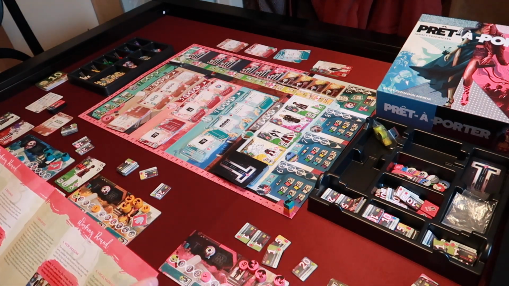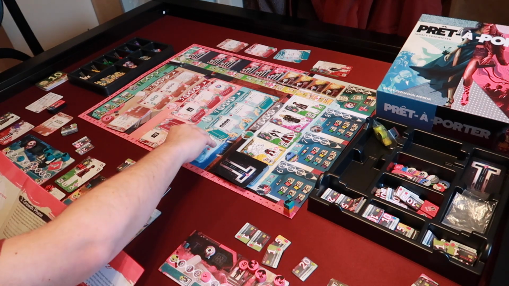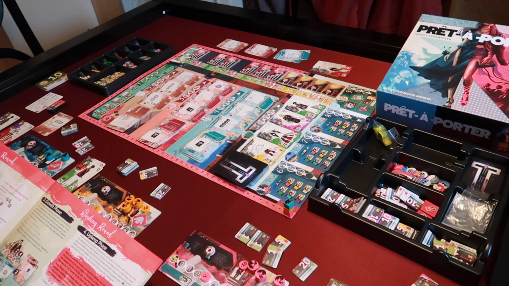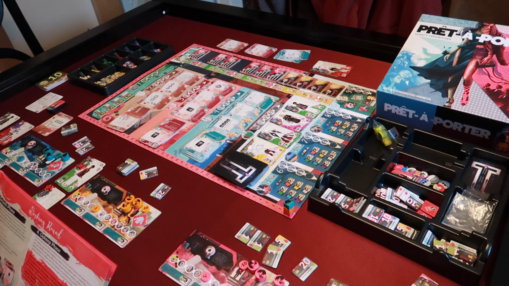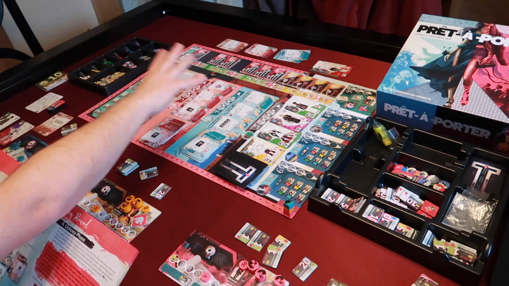One phase that happens before the upkeep is the growth phase. There are certain cards that you can pay to get an upgrade to. If you choose to do that, you pay for the upgrade and you adjust your upkeep track, which is right down below, which shows how much you need to pay during the upkeep phase. Going back to the upkeep phase,